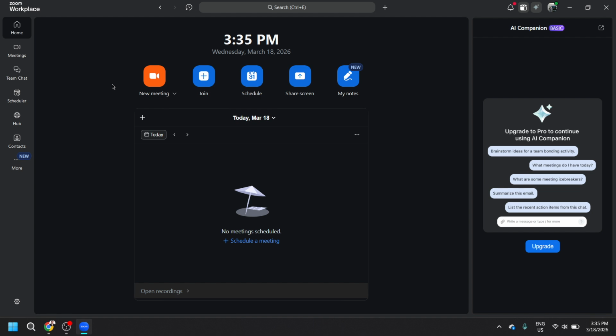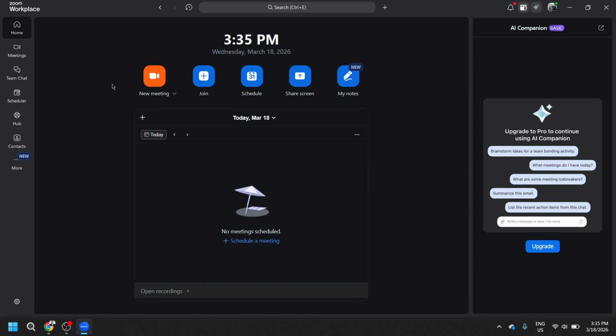contact from this view. If you don't immediately see the History option, check that you're looking at the main Zoom window and look closely for a clock-like icon near the search bar. Interface layouts can vary slightly by platform and account type, but the History control is almost always right next to